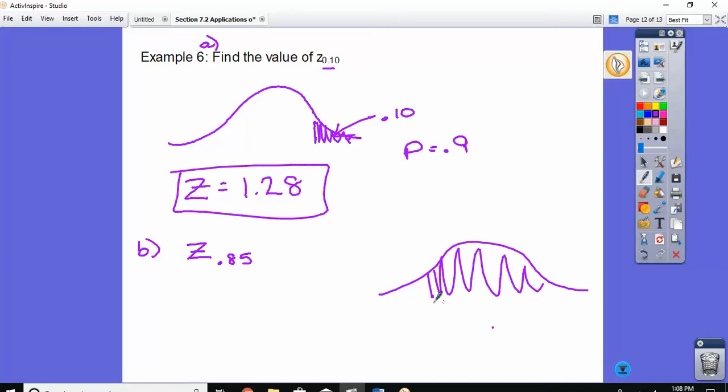So can you tell me right now, is your Z going to be a positive or a negative? Negative, because right here in the center, that's when Z is 0. So this would be a negative. Okay, if 85% falls to the right, what falls to the left? 0.15. So you're looking inside your table when your P is 0.15 and you get